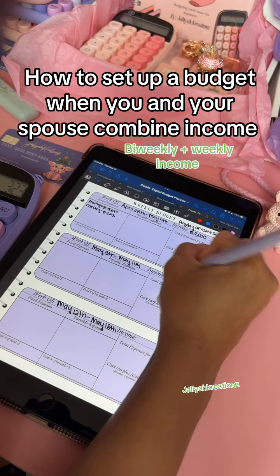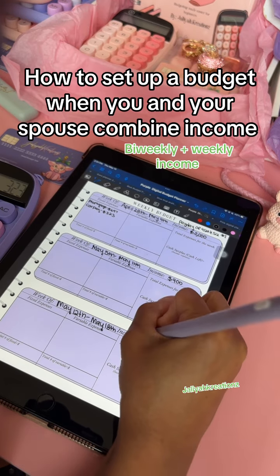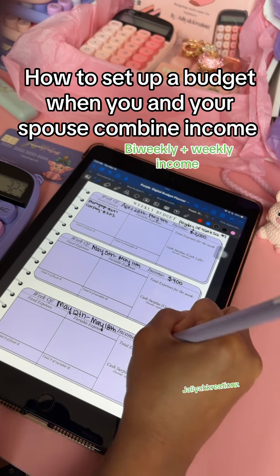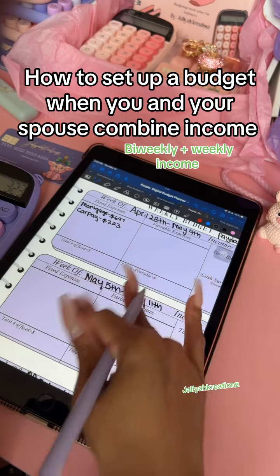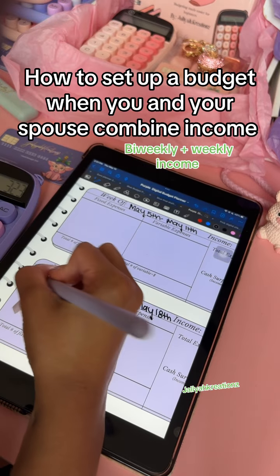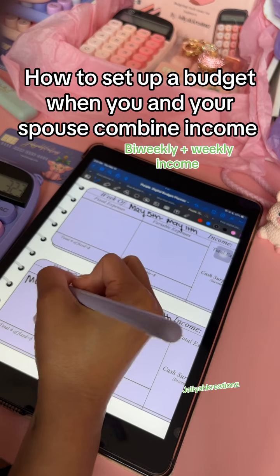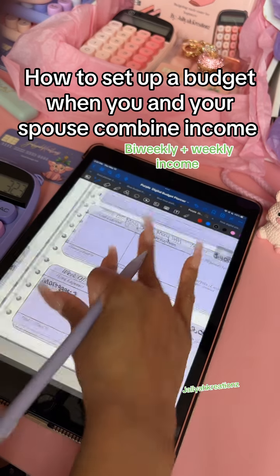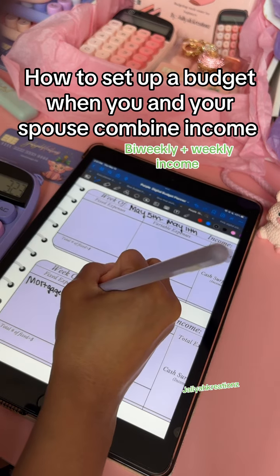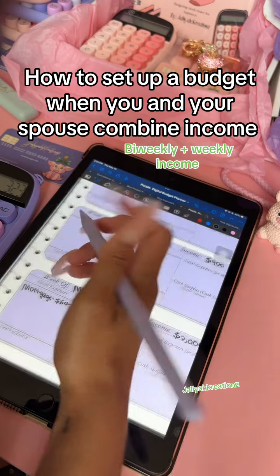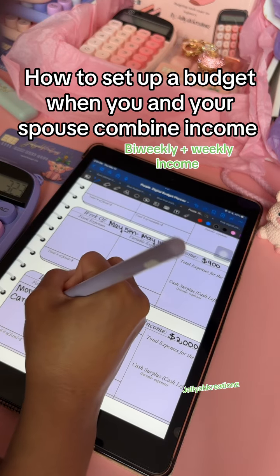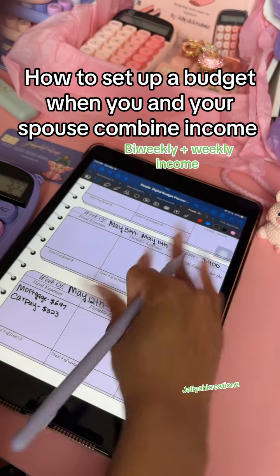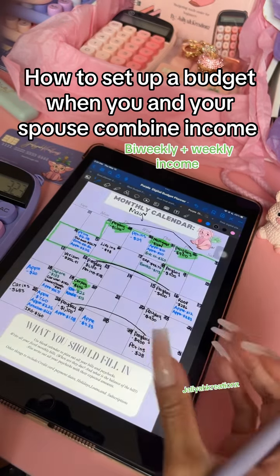The next week, we're only going to be bringing in $900. The next week after that, we're going to be bringing in $2,000. So we always want to split the mortgage and the car payment between those higher weeks. So I'm just going to do an example so you guys can see that broken down. The mortgage, $697, and the car payment, which is going to be $323. That's a nice split, so we're never